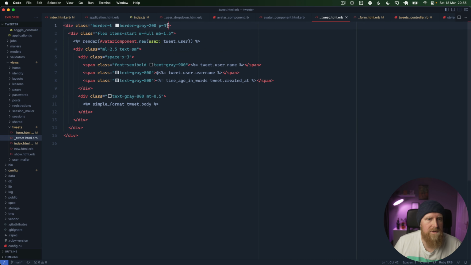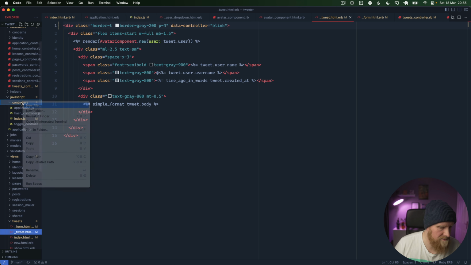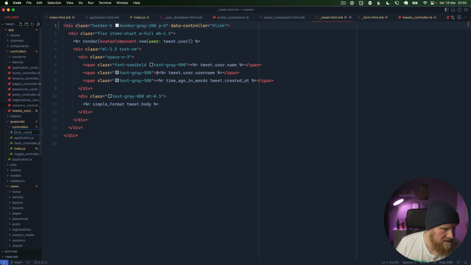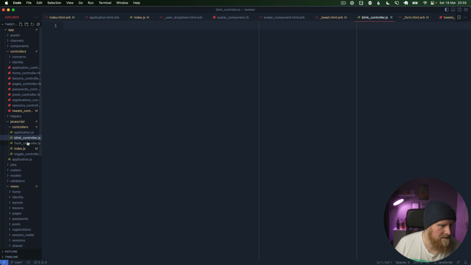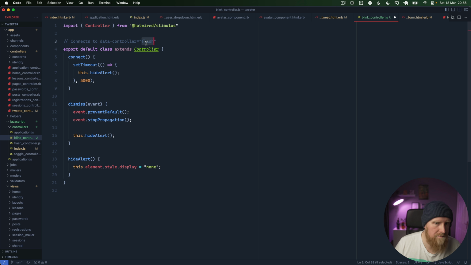So we can do that with Tailwind, and we could go to our tweet and add a data controller to it. So we could say data controller blink, and we'll save that and then go to our controllers here and just create a new one called blink_controller.js, and we can copy this across and we'll say blink,